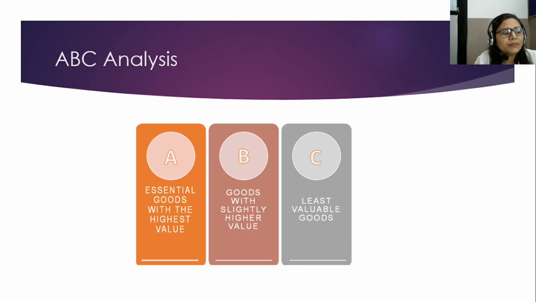Basically, item A, these are subject to strict inventory control and are given a highly secured area in terms of storage. Like for example, take jewelry in our house. They have minimum quantity but a very high monetary value, and they are given high security in our houses so that we can protect them from any kind of damage or theft.